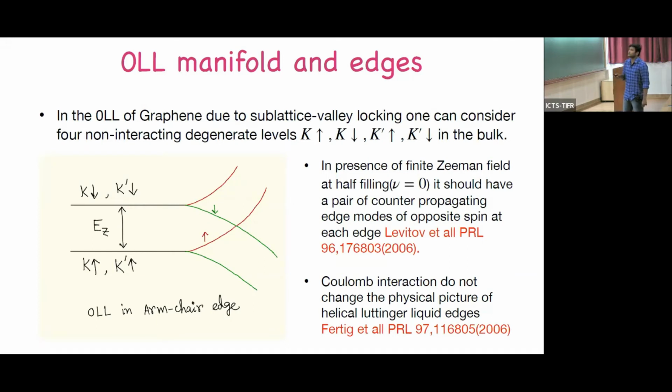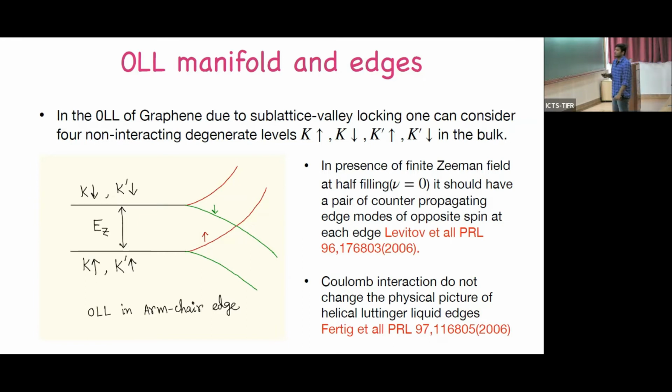particularly for the 0 Landau manifold, you will see that in a particular sublattice, A or B, the wave function will only have support from either the k or the k prime value. So the problem simplifies, and will be reduced to a 4x4 Hamiltonian structure. In this k up, k down, k prime up and k prime down basis, you